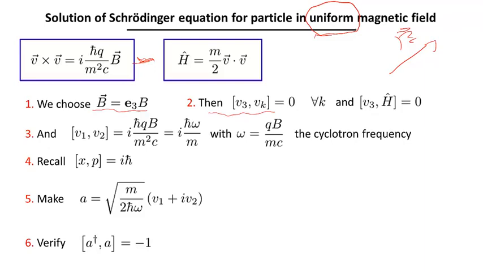Now how do you see that? Well, if you have a 3 here, then the other one has to be a 1 or a 2. If you have a 1 here, then you would have a B2. But B2 is 0, and similarly. So in other words, V3 commutes with V1 and V2.